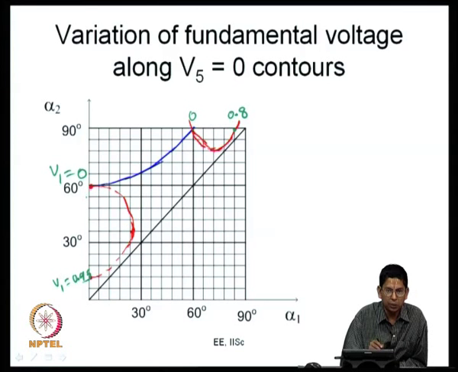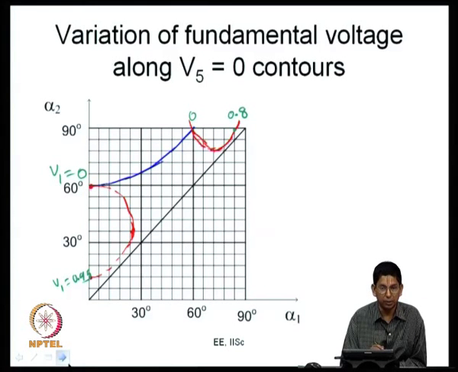of fundamental voltage along this particular curve, and again this V1 equal to 0.8 is the highest value of the fundamental voltage along this particular curve, the other red curve that I have been showing here. So, in this case the fundamental voltage varies anywhere between 0 and 0.8 and along this curve it is anywhere between 0 and 0.95. So, can there be no solution to the fundamental equation? That was a question that we were asking.